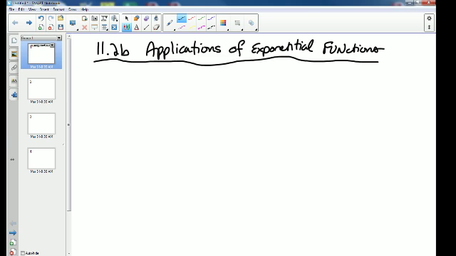So, anybody in here in physics? You heard of Newton's law of cooling? I've heard that. Newton's law of cooling. Nope. No, not yet. Okay. Newton's law of cooling is the application of exponentials. Okay. So,